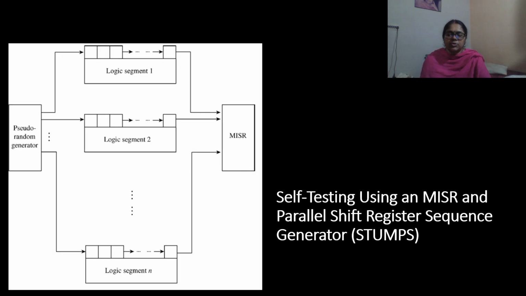Next is self-testing using MISR and parallel shift register sequence generator, in short STUMS. It uses multiple serial scan paths that are fed by a pseudo-random number generator as shown in the figure. Each scan path corresponds to a segment of the circuit under test fed by the pseudo-random number generator. Because the scan paths may not be of the same length,